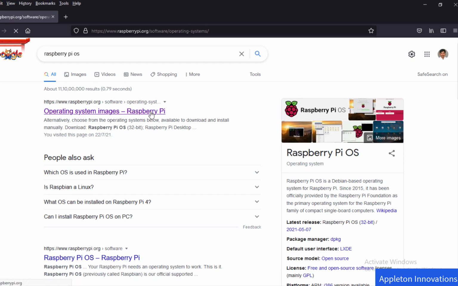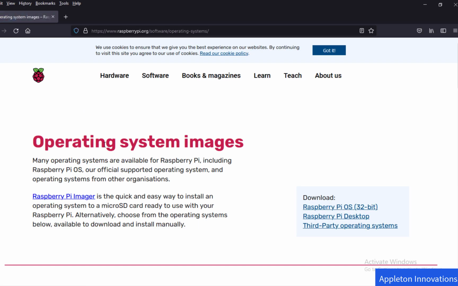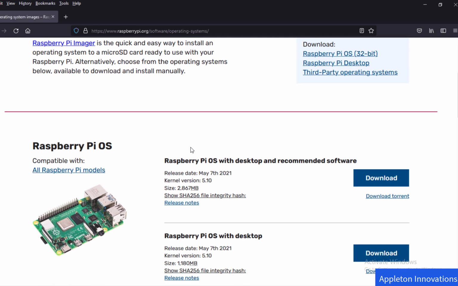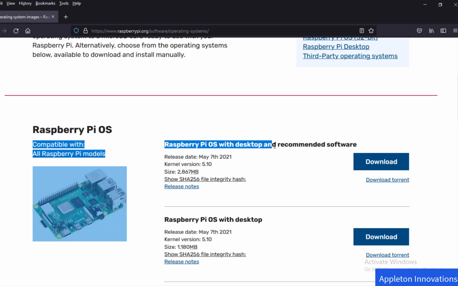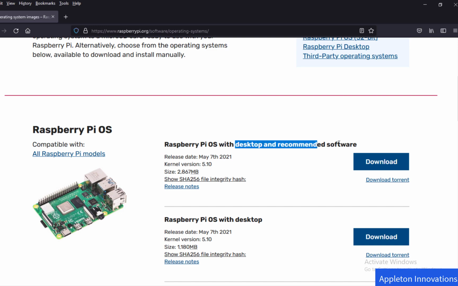So operating system images, click on this link. Now scroll down, you will see Raspberry Pi OS compatible with all Raspberry Pi models. So Raspberry Pi OS with desktop and recommended software. So this is the file we want to flash.